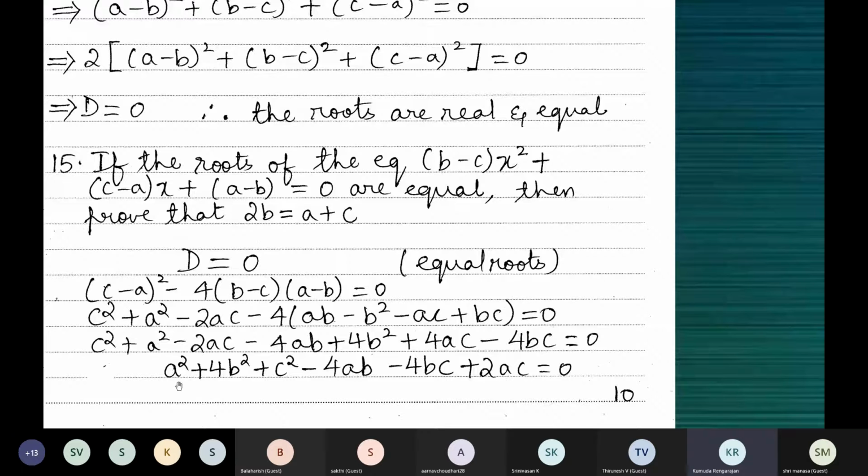Because this format reminds us of an identity we used in 9th standard. X squared plus y squared plus z squared plus 2xy plus 2yz plus 2xz is equal to x plus y plus z the whole square. This is the identity which has 6 terms, of which 3 are perfect squares. So you show that it's of the form.